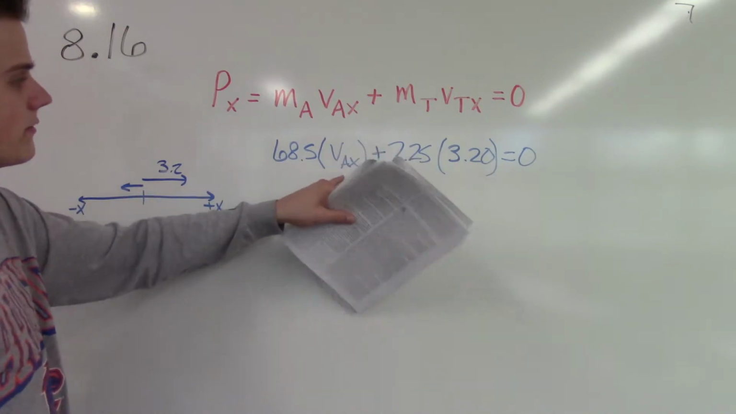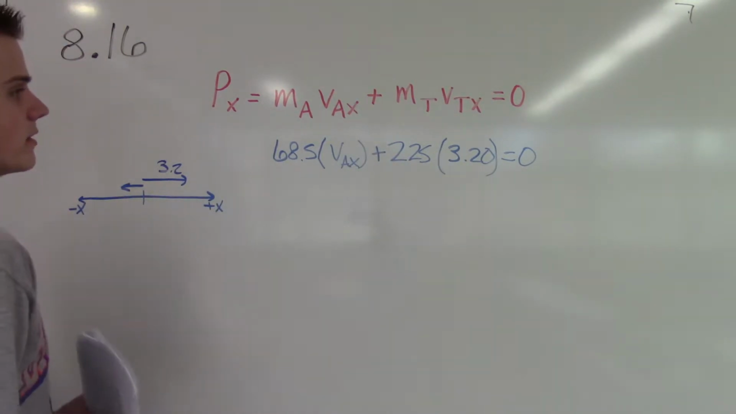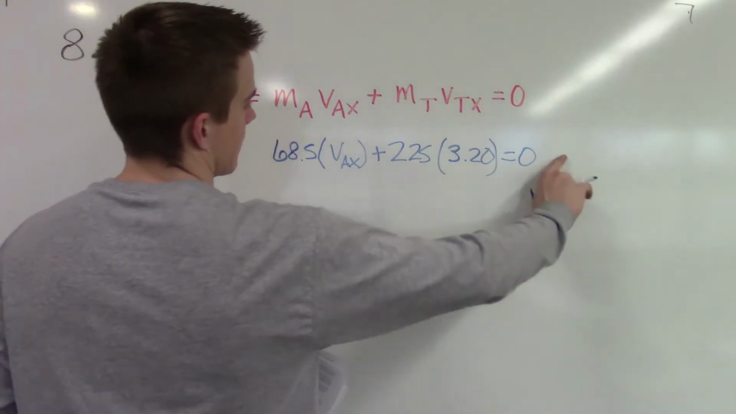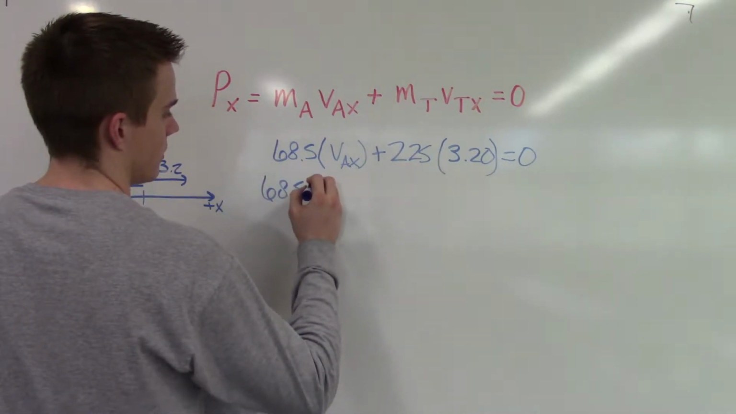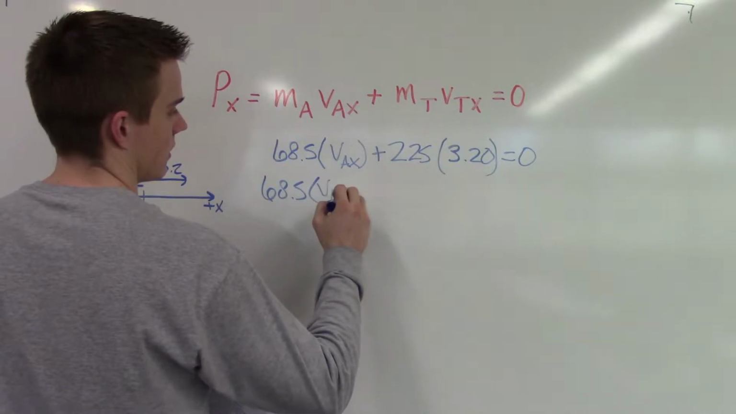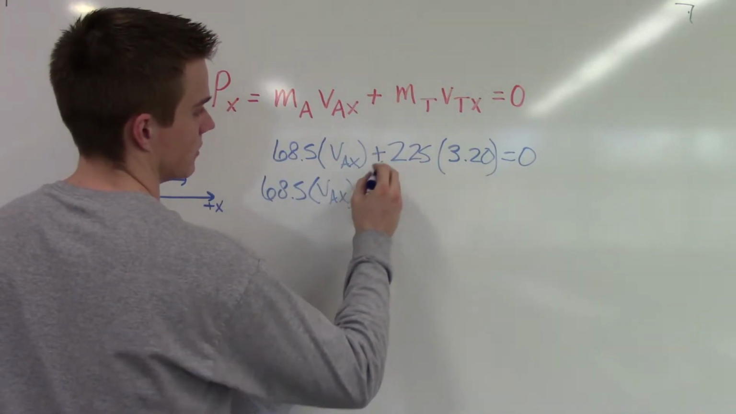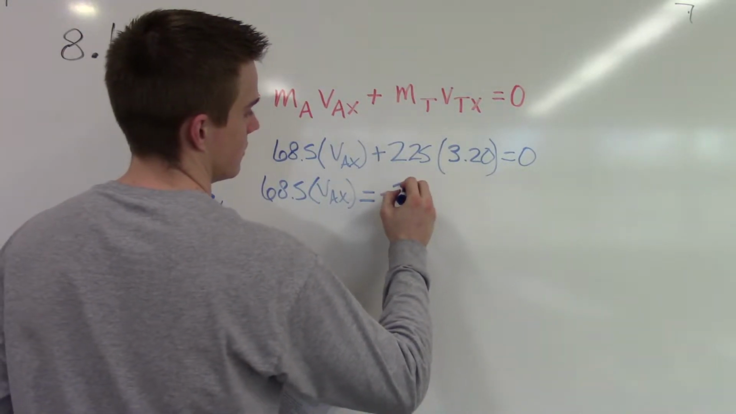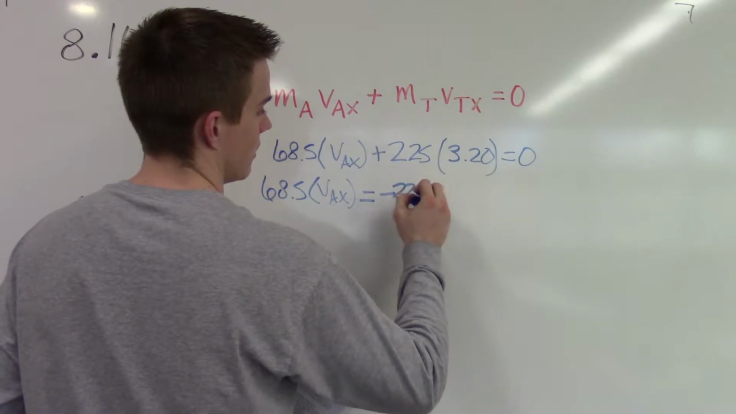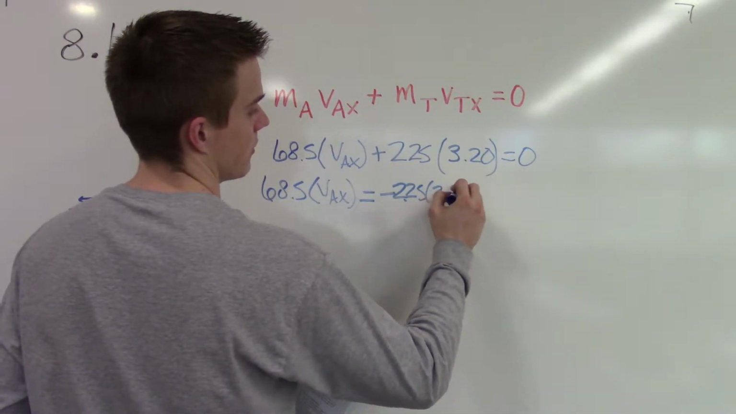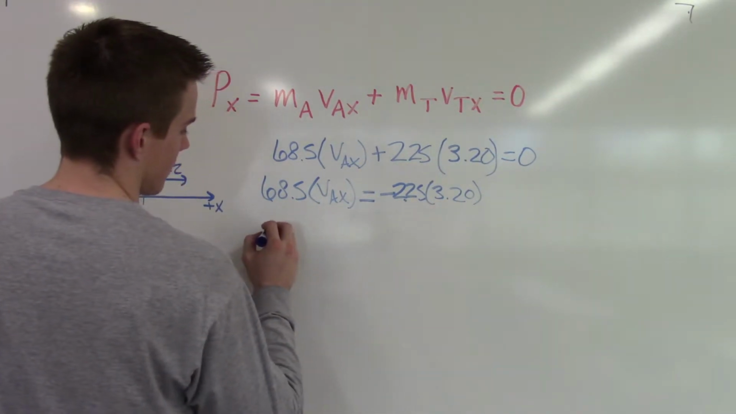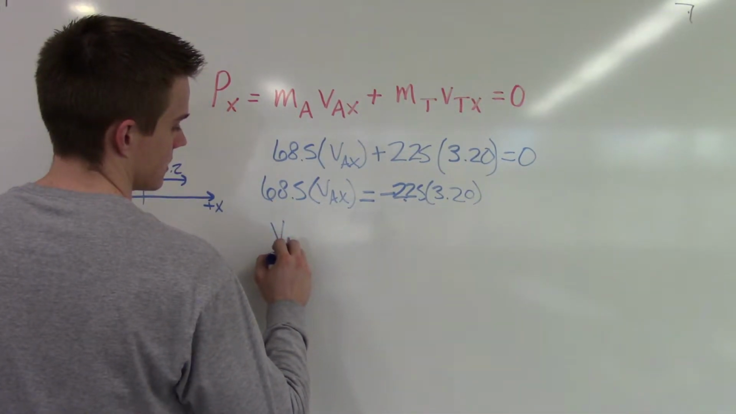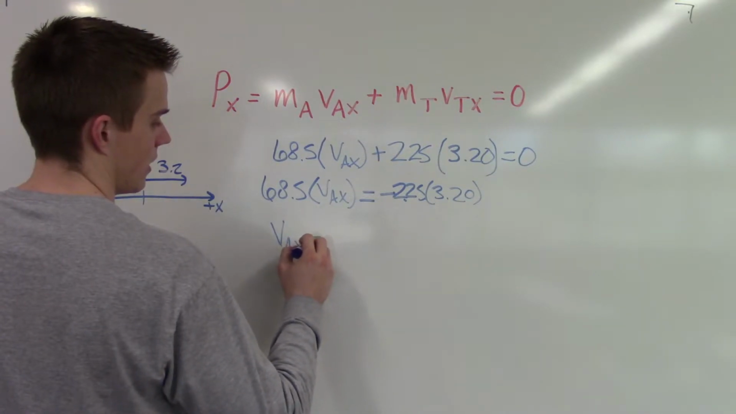So now we just want to solve for the velocity of the astronaut. So what we'll do is we'll just subtract that across. So now we have 68.5 VAX is equal to negative 2.25 times 3.20. Now we'll just divide both sides by this, and we have the velocity of the astronaut is